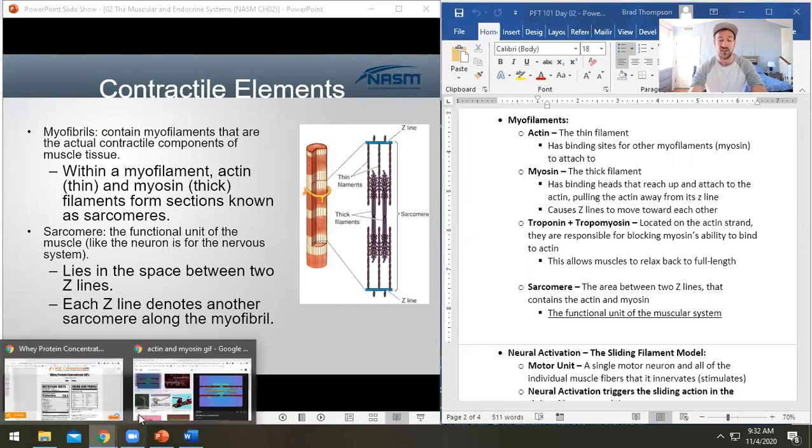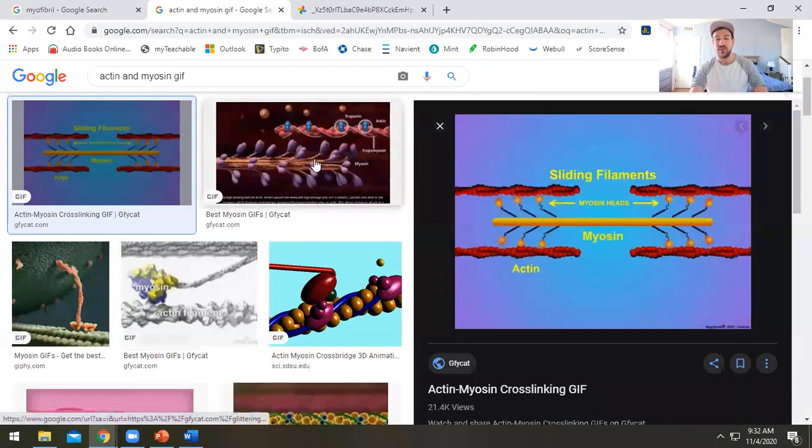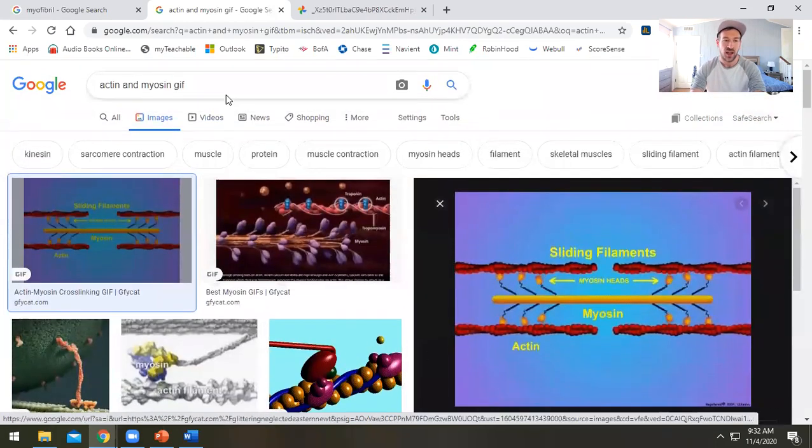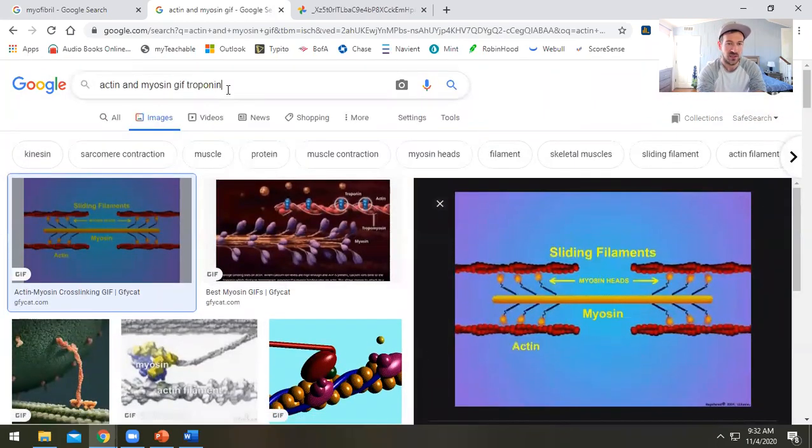Whenever we want our muscle cells to relax, that's where we have these special proteins that block their little grabbing sites, right? So if we look at troponin, tropomyosin,